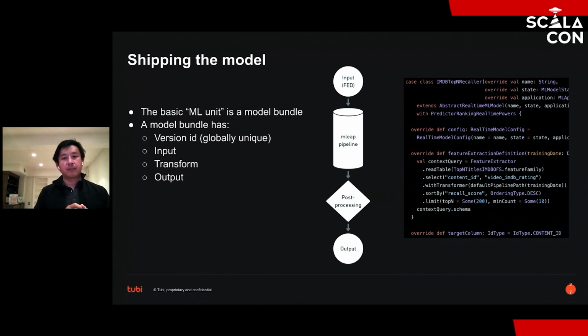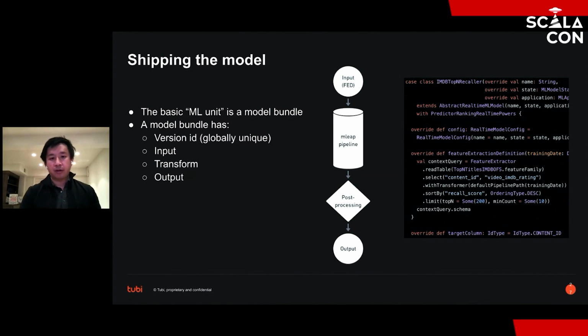So we'll have cheap models we call recallers that grab a smaller subset of content that we feel the user might be interested in, with no relative ordering yet. Then we combine all of those and feed that into what we call the ranking model, which is more expensive, but it ranks all of the results from the recallers.